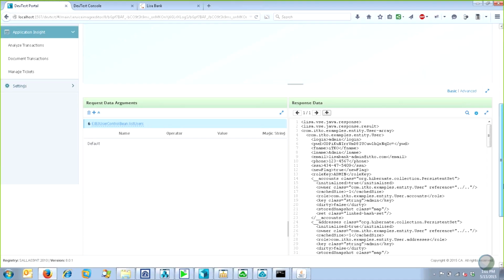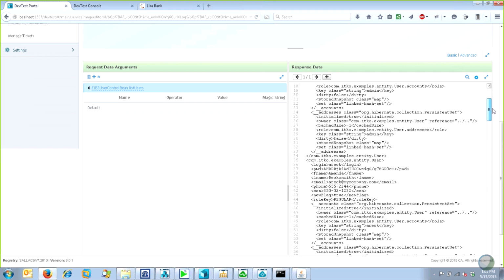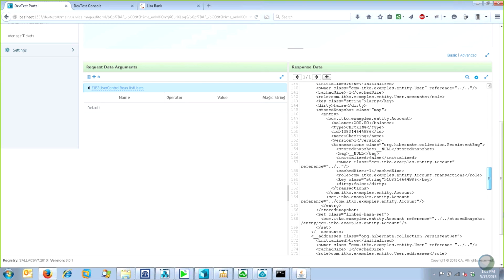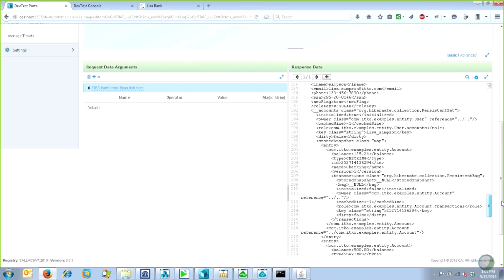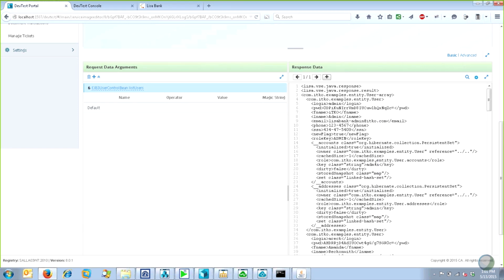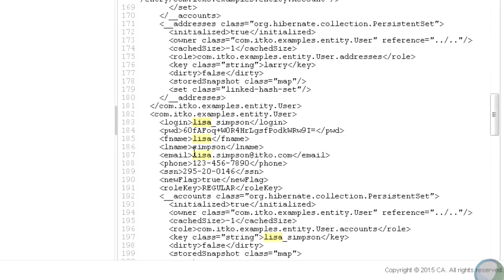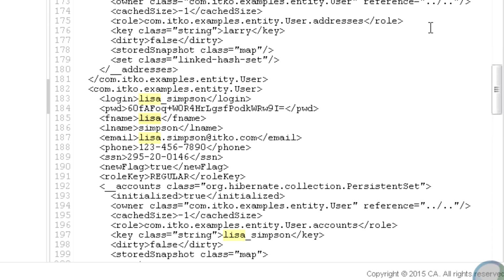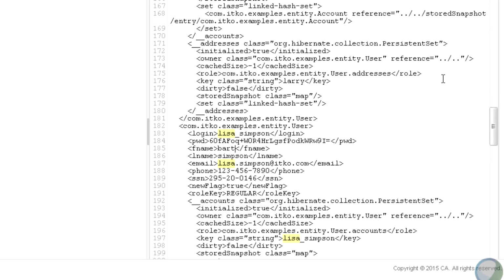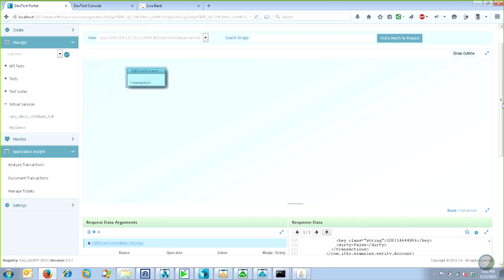Looking down below, you can see there were no arguments that were passed to this particular method, and here is the response that was sent back as a result. Now bear in mind, my application is still running. So even without stopping it, if I were to go find, let's say, Lisa Simpson, and modify her name to be, say, Bart Simpson, I can deploy that virtual service with the name change,